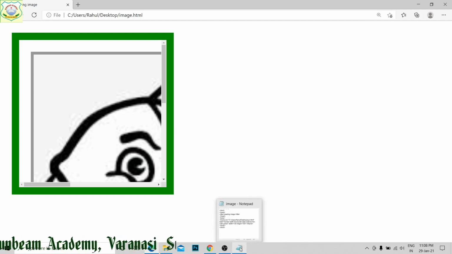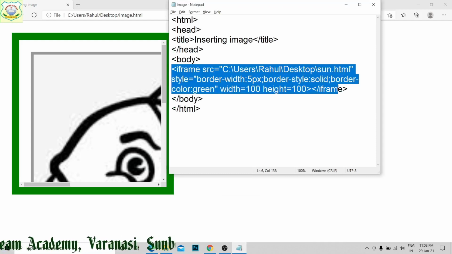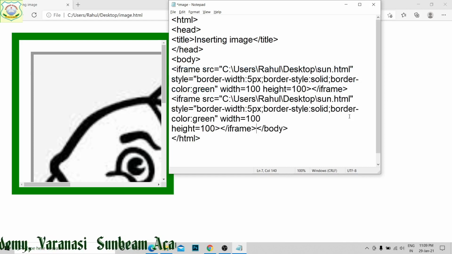So into this I am going to add another file. This I have given, right. Here iframe src equal to, second sun1 was there, so I am going to write sun1, right?